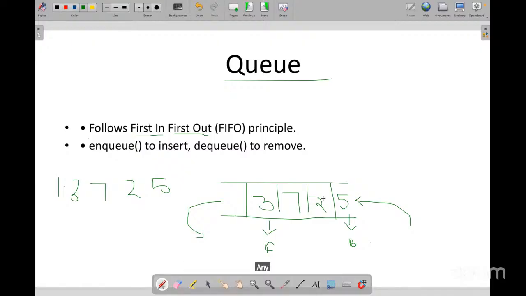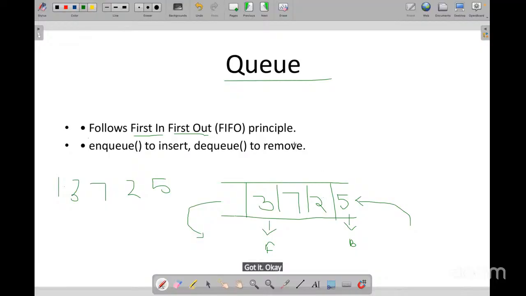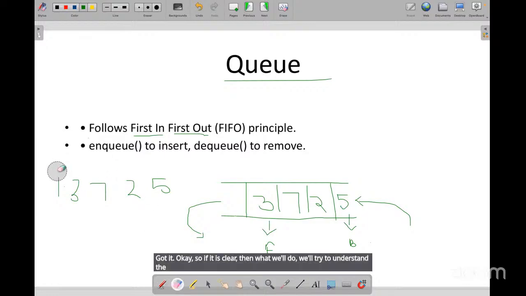Any questions regarding the functionality, how it works, what is the principle that we follow, anything related to this? Got it. Okay, so if it is clear, then we'll try to understand the functions which we need to